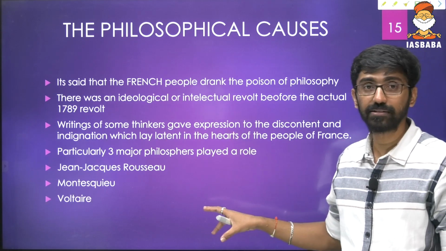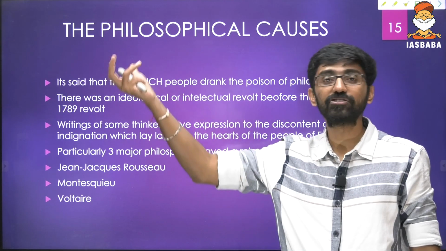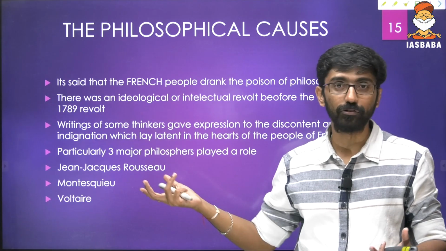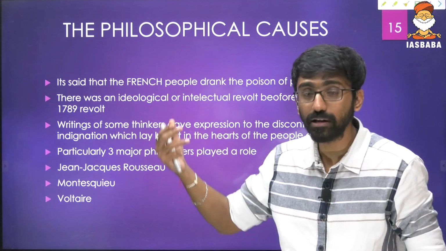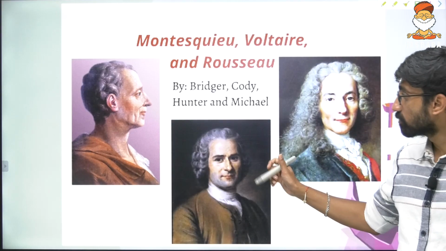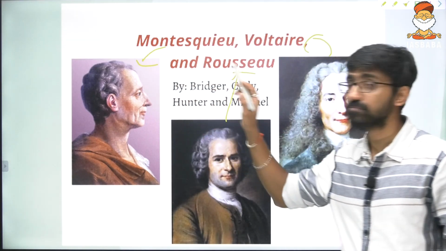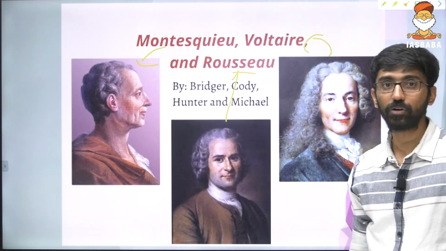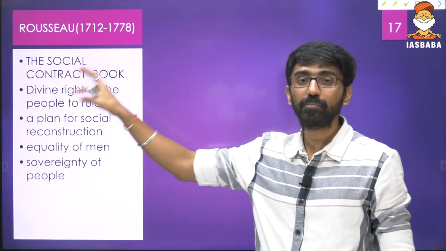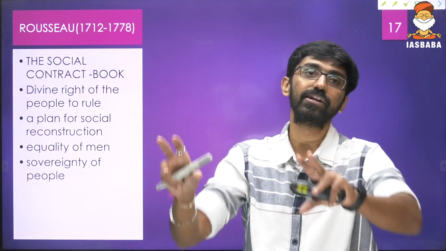So what are those ideas that gave the French people the reconstruction idea, how France should be in future, what the French political system should be, what the economic or even social system should be. These are the three people. This is Rousseau, this is Voltaire, and this is Montesquieu. What are their ideas? First, look at Rousseau's ideas. Of course, these people died well before the revolution could happen, but their ideas influenced an entire generation.